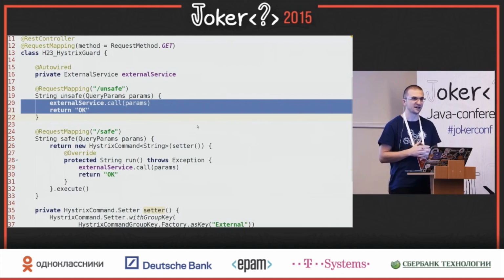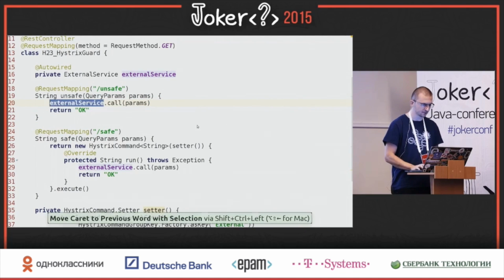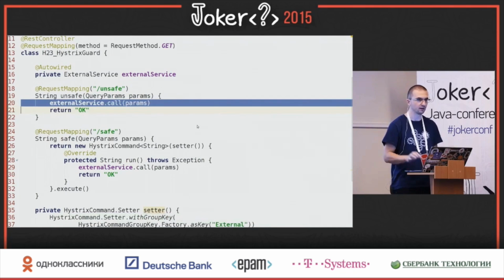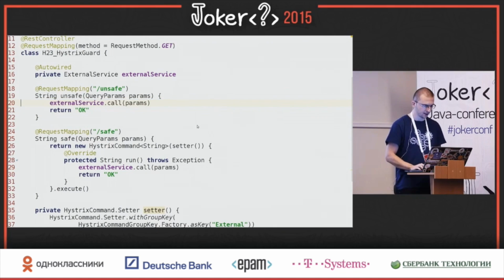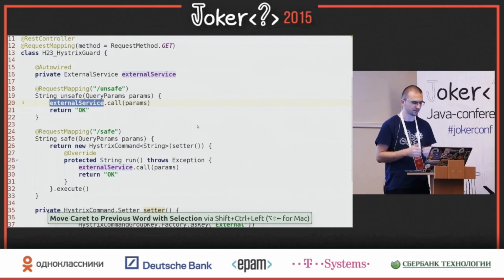One is called unsafe. And the reason it's unsafe is because I'm calling some external service. I'm passing a bunch of parameters. I will explain them in just a second. And that's it. So I'm calling this external service directly without any decoration or any extra layer on top of it. And the reason it's unsafe is because the external service, it's my class, it's sort of like a